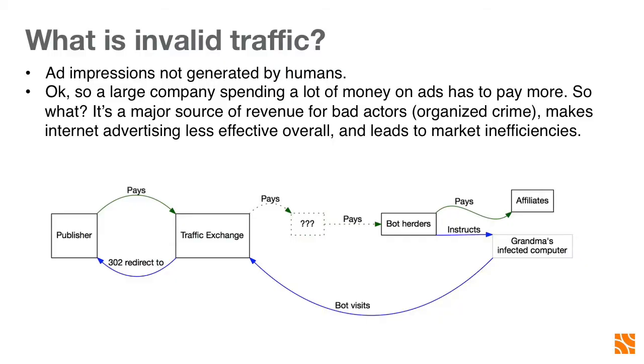Okay, so shifting gears again. Now that we've talked about all the computer stuff, let's talk about what's going on here with invalid traffic. Now, what is invalid traffic exactly? It's a kind of fuzzy thing that most people don't really know is going on, but it turns out that a lot of the ad impressions on the internet aren't generated by humans. They're generated by robots of some sort. And that's obviously a problem because if you're an advertiser buying ads and 30 or 40% of those ads are just being shown to robots, well, it's kind of a bummer because you've got all this money you're spending and you want it to be doing something useful.